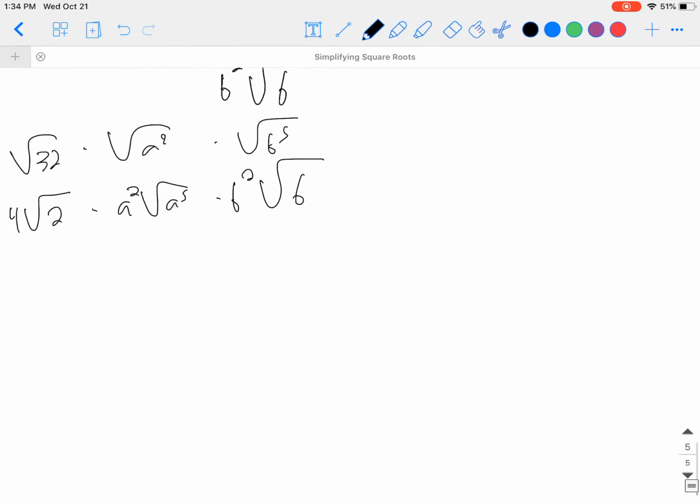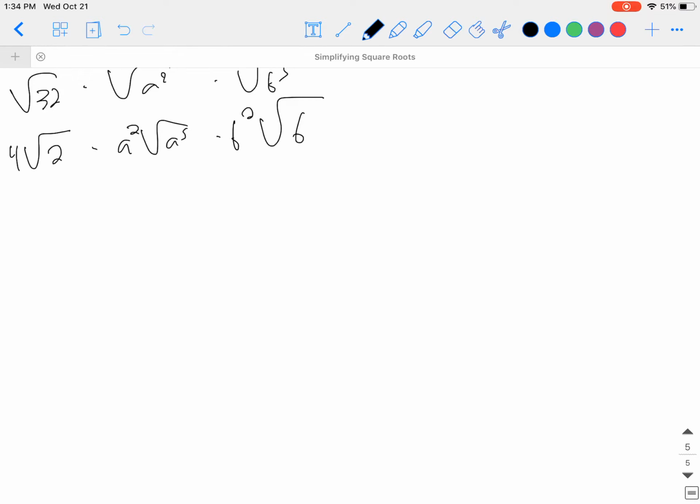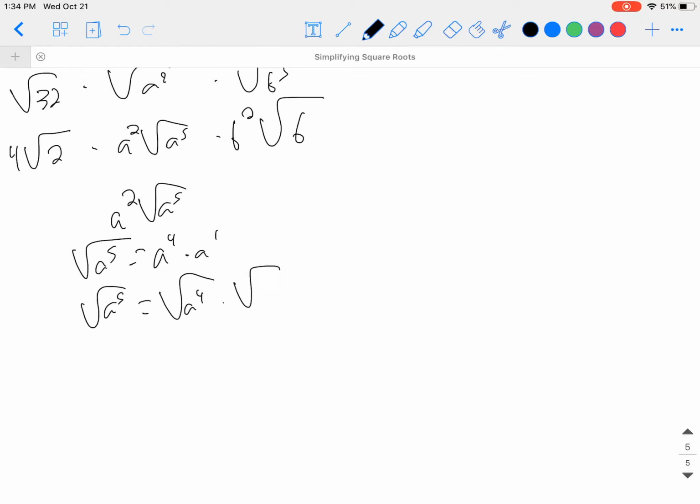And again, I missed this, but we can actually reduce a to the 5th again. So if you have a squared root a to the 5th, root a to the 5th can be written as a to the 4th times a. So if we write square root of a to the 5th equals root a to the 4th times root a, we have a squared root a. So going back in and plugging all of these answers in,